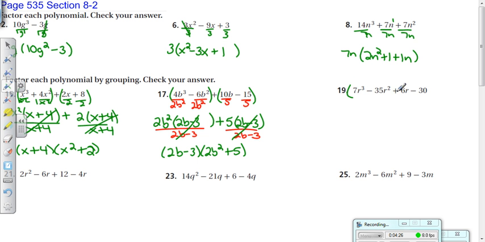Number 19, group the first 2, group the last 2. My greatest common factor between 7r cubed and 35r squared would be 7, and then they have an r in common. You pick the lowest exponent, so 7r squared. So if I divide out a 7r squared,